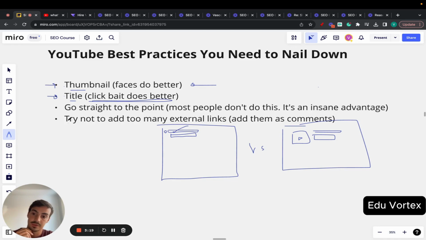Like I said before, go straight to the point. Most people don't do this, and it's an insane advantage. If you type in your keywords on YouTube and see what other people are doing, you'll see that most of them are not optimizing for that. Maybe they're optimizing for the on-page, off-page, and all that, but they're not optimizing for this, which is a big one, because if you go straight to the point, your watch time is going to be higher.